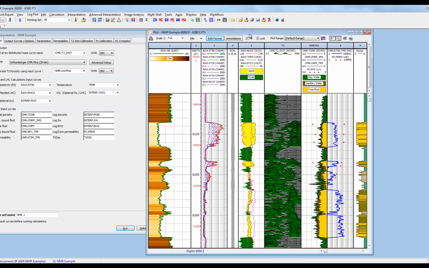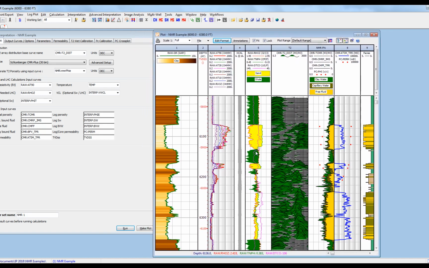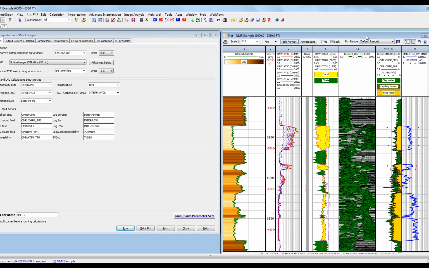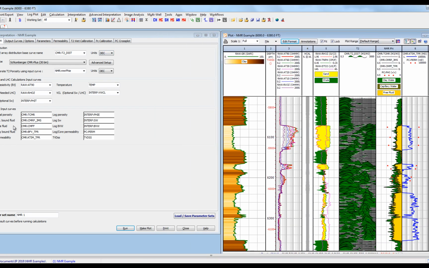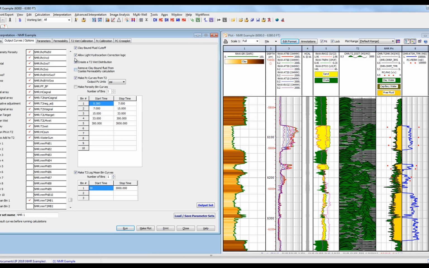So let's look at this in a well. This is a gas well where we're actually applying the light hydrocarbon correction, so we'll use that. And there's a water leg down dip in here, so I'm just going to be doing this entirely in this well. There's no new input curves required for this workflow,